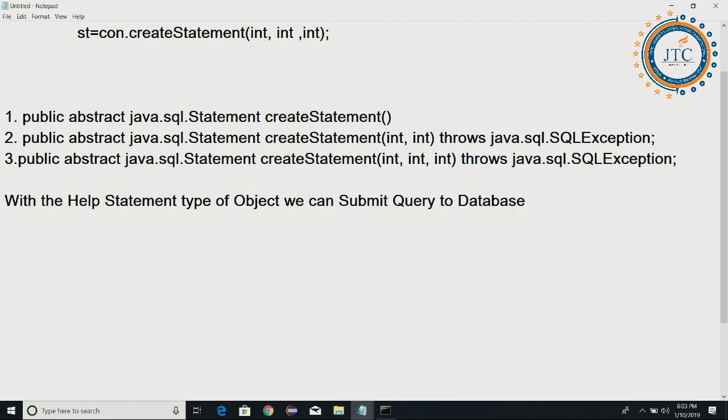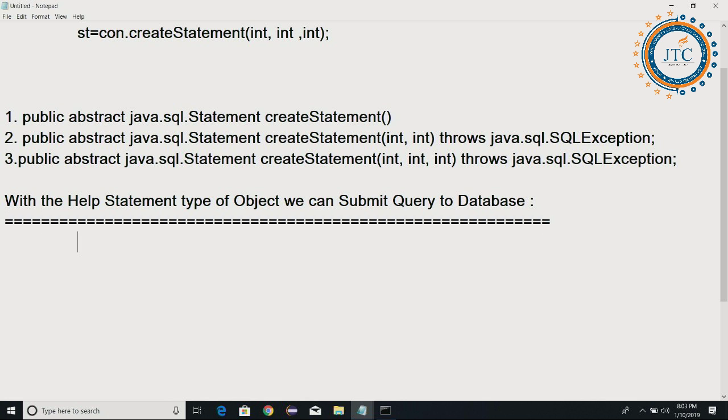When I am submitting these queries to the database with the help of statement objects, so now here